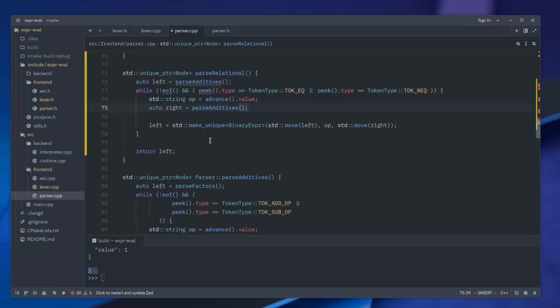So we'll be calling the one down the chain. Since the additives, of course, it returns a unique pointer of a node, which is fine. But now for the tokens here, we need to check. I'll begin with the less than. I'll do less than or equal to,